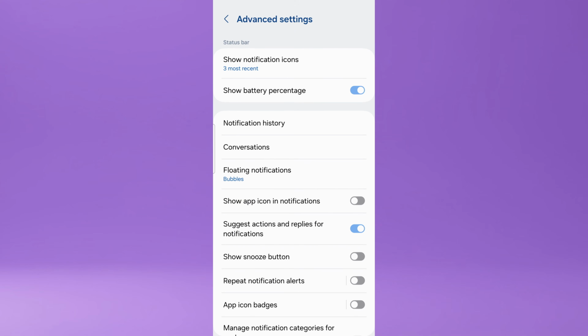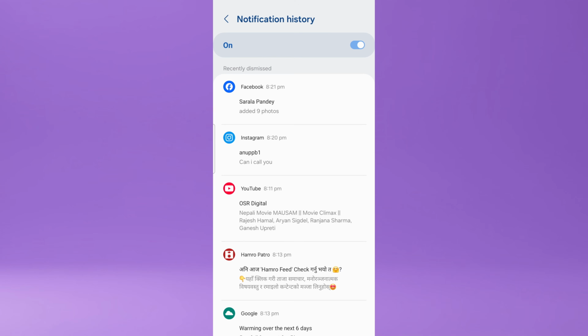A new screen appears. Now, look for the option Notification History and tap on it. If Notification History is not enabled, turn on the toggle switch button. Once enabled, your phone will start saving all incoming notifications, including Instagram message notifications. Remember, this feature may not be available on all mobile devices or may vary depending on the phone brand and